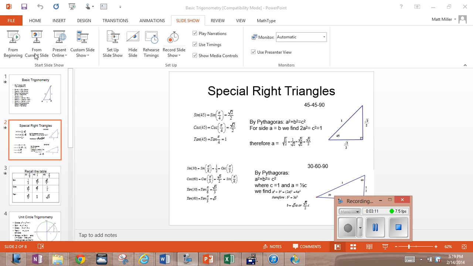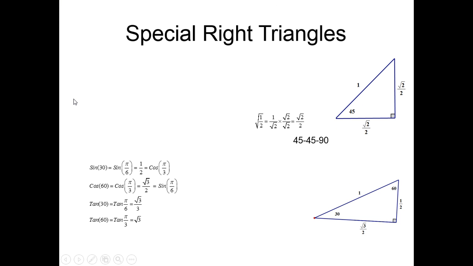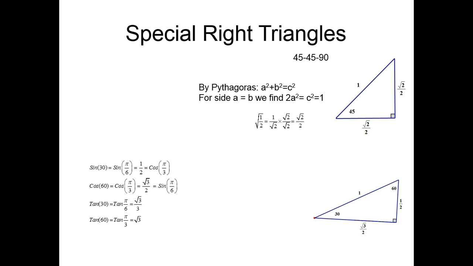We're back, and now we're going to start talking about our special right triangles, which we should know are the 45, 45, 90 and the 30, 60, 90. Everybody knows the Pythagorean theorem: one side squared plus the other side squared is equal to the hypotenuse squared